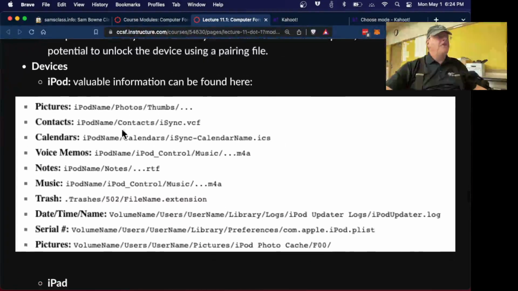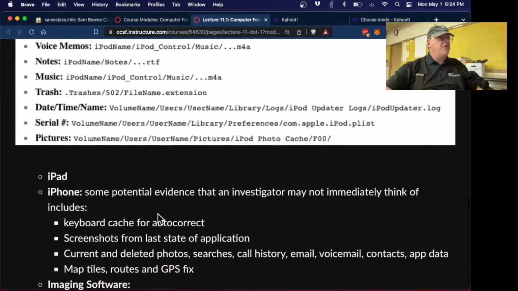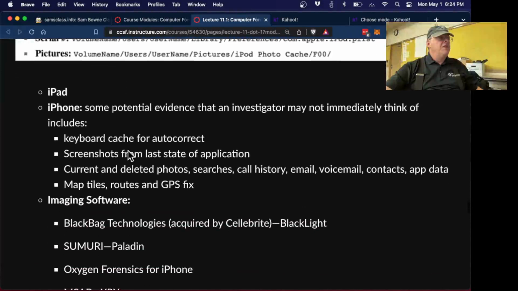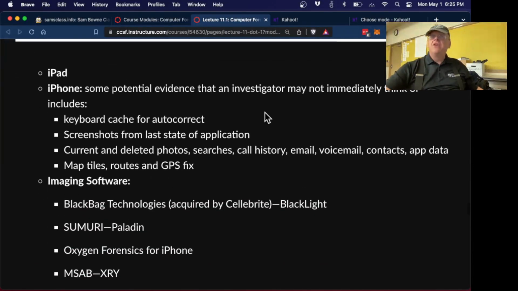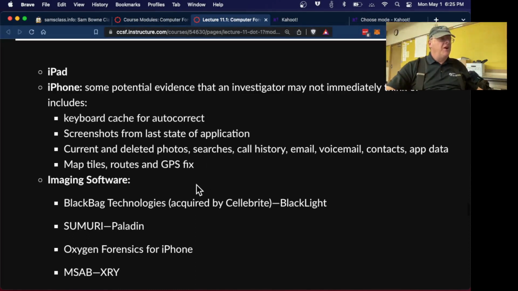All right. And there's the other things like iPod and all the other Apple devices. They all have a very similar layout of their files. And there's the iPhone, of course. The iPhone has all the obvious things like a browser history and email and chat and phone calls and stuff. But it also has a keyboard cache for autocorrect. It remembers what you've been typing. Screenshots. Every time you close an application, it shrinks it down, and to do that, it makes a photo of the application and saves it somewhere. So you do have the last page of every application before it was minimized and so on.